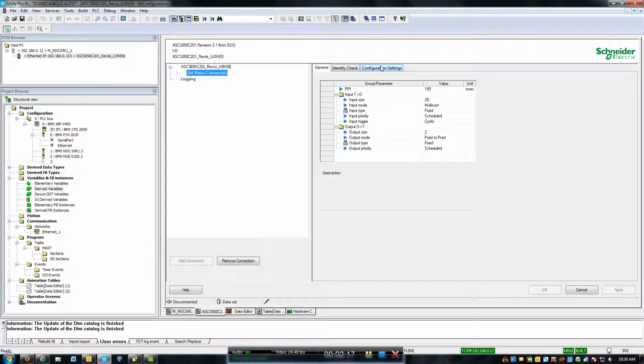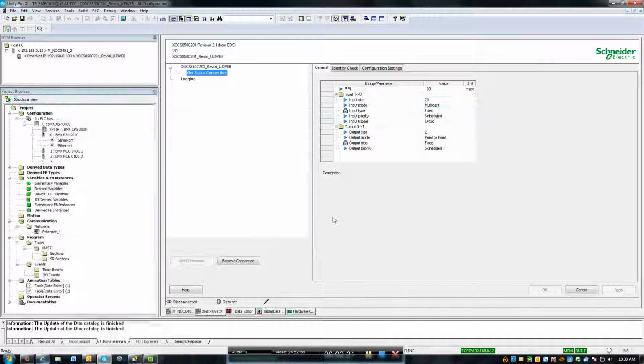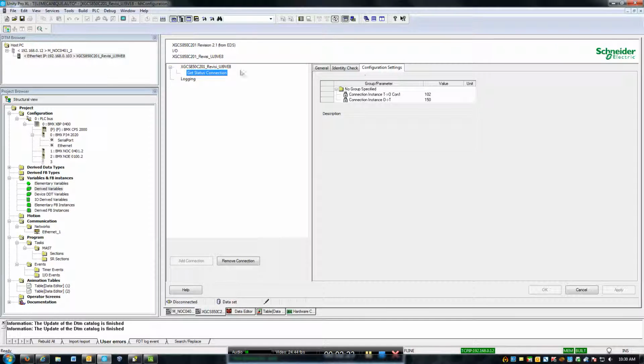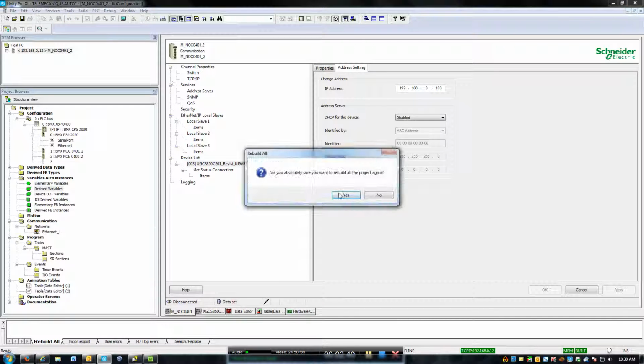So then, like I said, whatever IP address you want to configure here, you can put it into the configuration settings. Oh, yeah, that's right. It's the NOC module. The address settings, here it is, under the devices. So there's that IP address that we set before. So now we can rebuild all the projects,